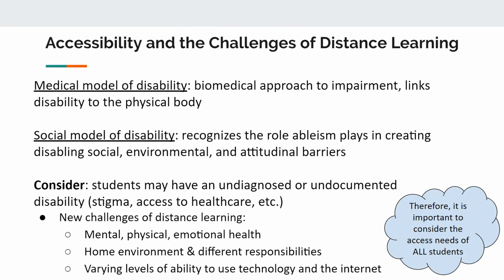According to the medical model of disability, disability is defined as an impairment to the physical body. On the other hand, the social model of disability gives us a framework to understand the role ableism plays in creating disabling social, environmental, and attitudinal barriers. Importantly, not every student with a disability has been medically diagnosed or has their disability officially documented by the university